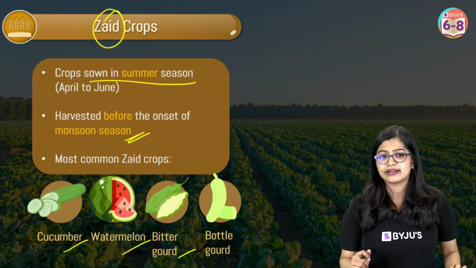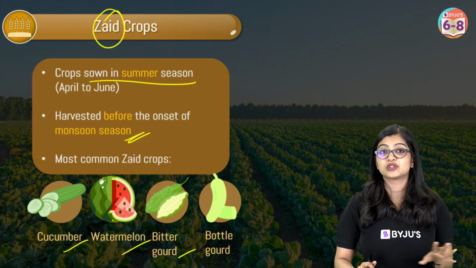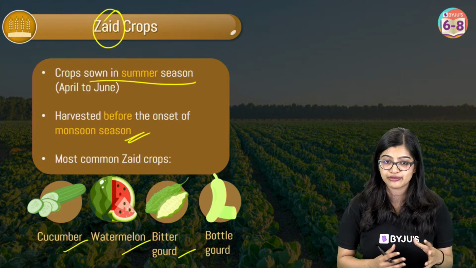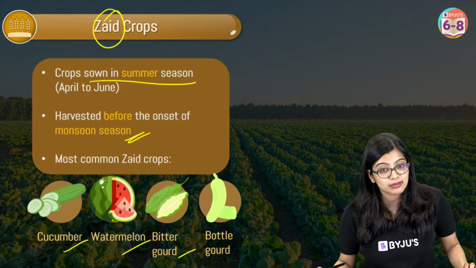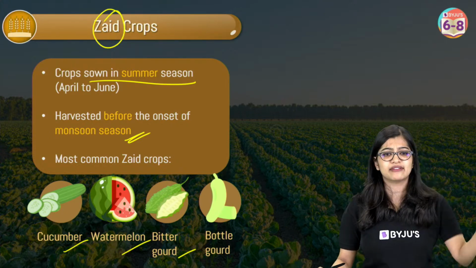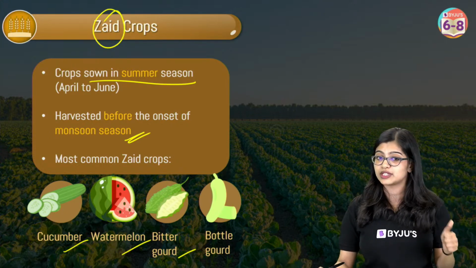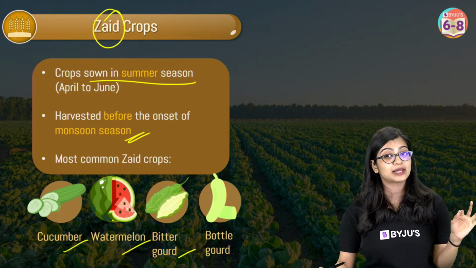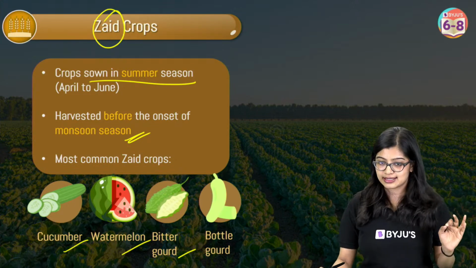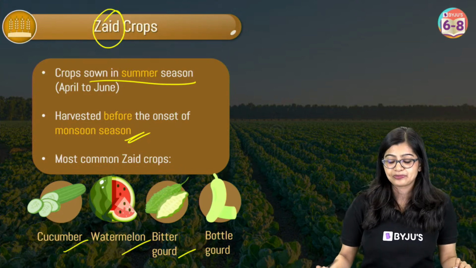So very quickly, because I could see there were some comments asking me to explain Kharif crops again, and you're asking me for some examples as well. So shall we quickly go over all of this once again about the different types of crops that are there? Yes, I will explain this once again.